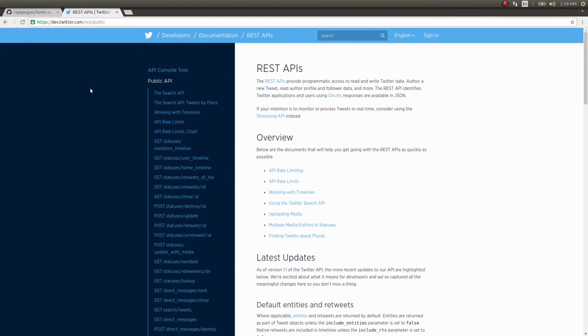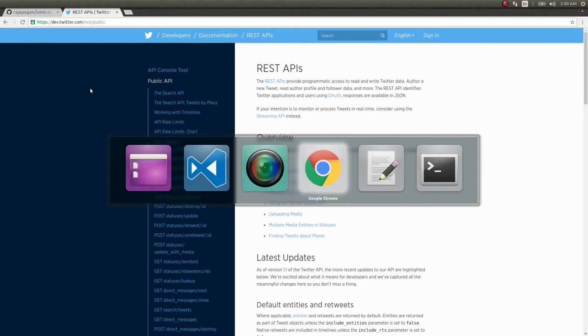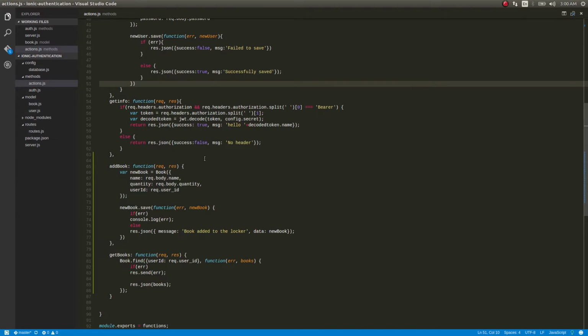The access token is the one which you will be using to make authorized requests to the REST APIs in order to access the resources. This is how OAuth 2 basically works. These are the common steps for OAuth 2 across all systems that are using the OAuth 2 authorization method, guys. So let's do that in our system as well. Since we are writing the backend right now, let's do that in our system as well.